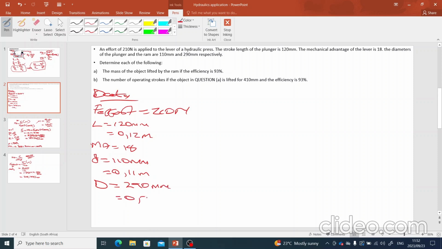This would be 0.29 meters. And what else is given? Yes, that's what's given there. Then they want us to calculate the mass. Now,